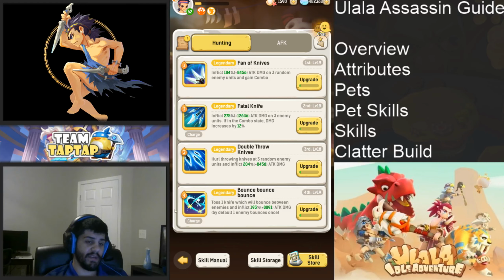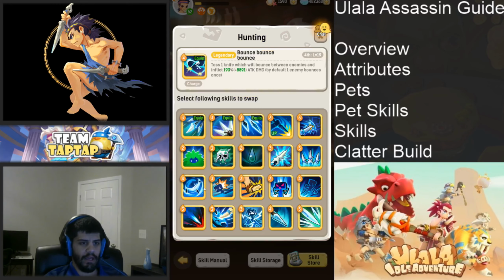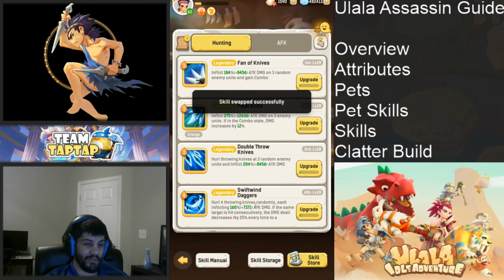And then bounce. Sorry, this is the one I want to talk about. This can do a lot of damage if there's those ankylosaurs with the 4 things in the back, because it'll bounce between each one of them. I don't always get to use bounce because there's not always 3 people, or sometimes there's only 3 people. In cases like that, Swift Wind Daggers tends to be a little bit better, I think,